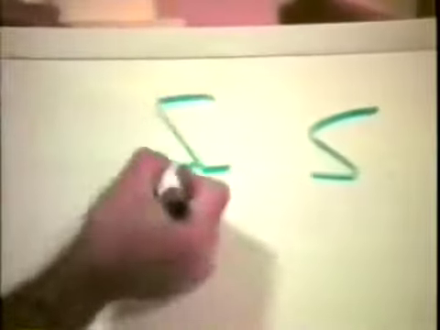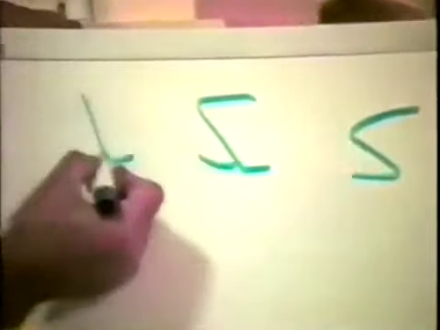Kaf. But this is what it looks like at the beginning of the word. This is what it looks like in the middle, connecting from both sides. And at the end, it looks like the parent letter, like this, at the end. So there's the beginning, the middle, the end.